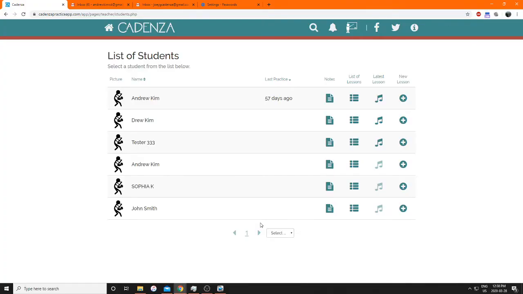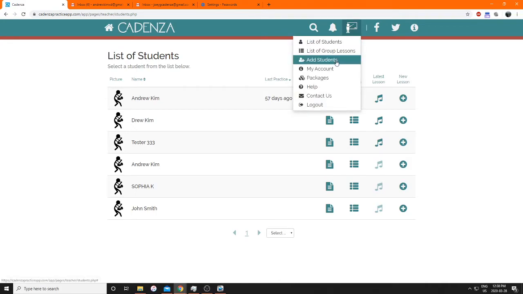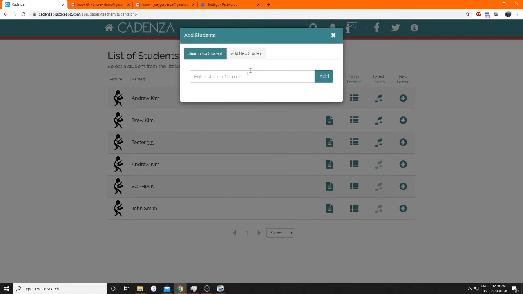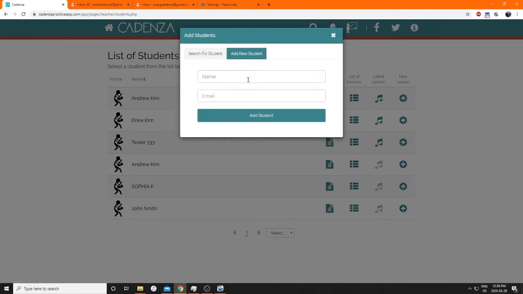The second way to sign up for Cadenza as a student is to have your teacher create an account for you. This can be done as long as the teacher knows what your email address is. As an example, I'm going to add a student to my teacher account. I'm going to click here on the teacher icon, add students, and instead of searching for a student, I'm going to add new student. So I've created another dummy email address to use for this tutorial. So I'm going to add my new student